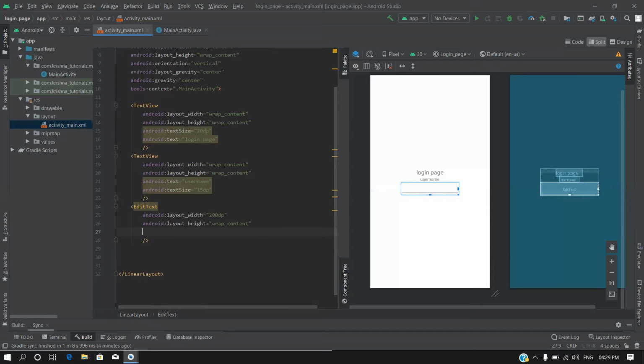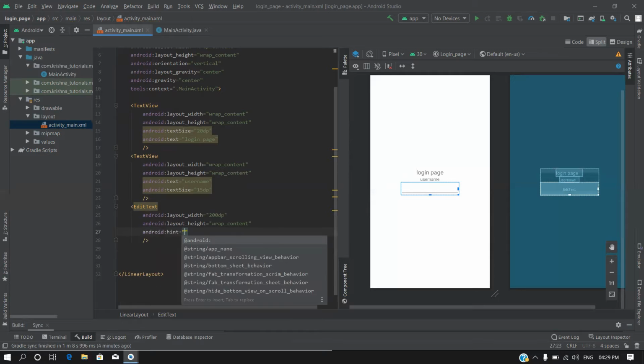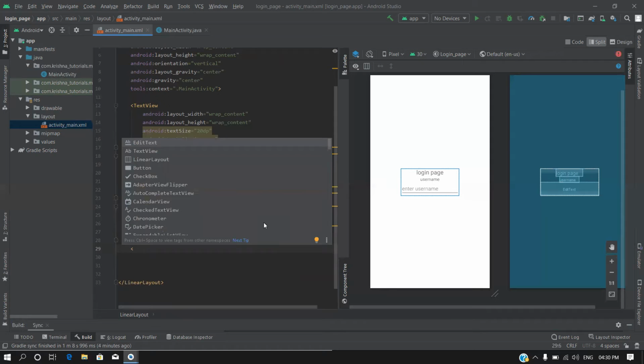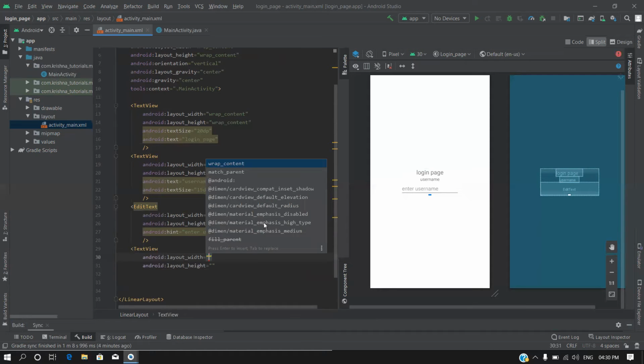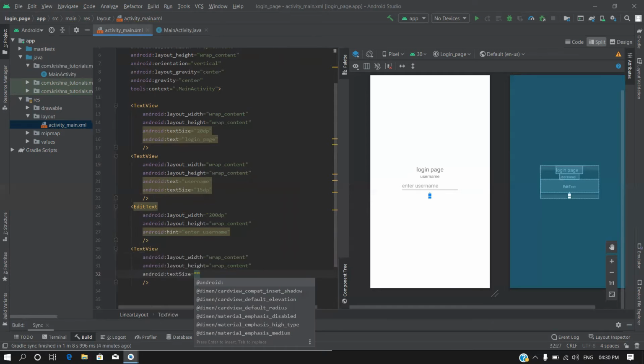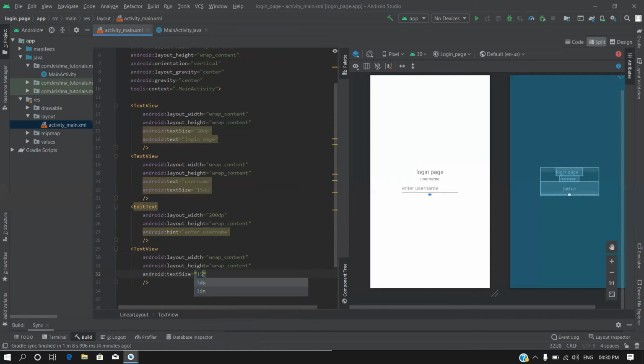Let's give some hint to this edit text widget. Let's say enter username. Now we will take another text view for, let's say, password, wrap content, and text size 15 dp.